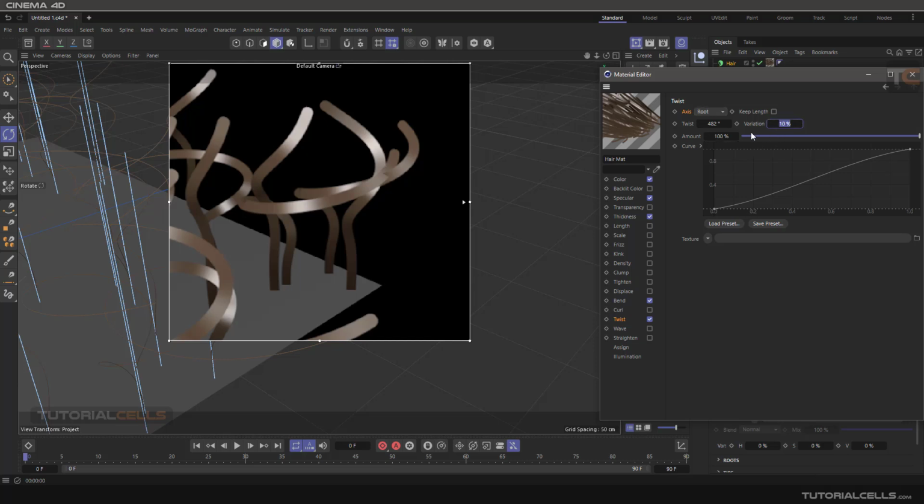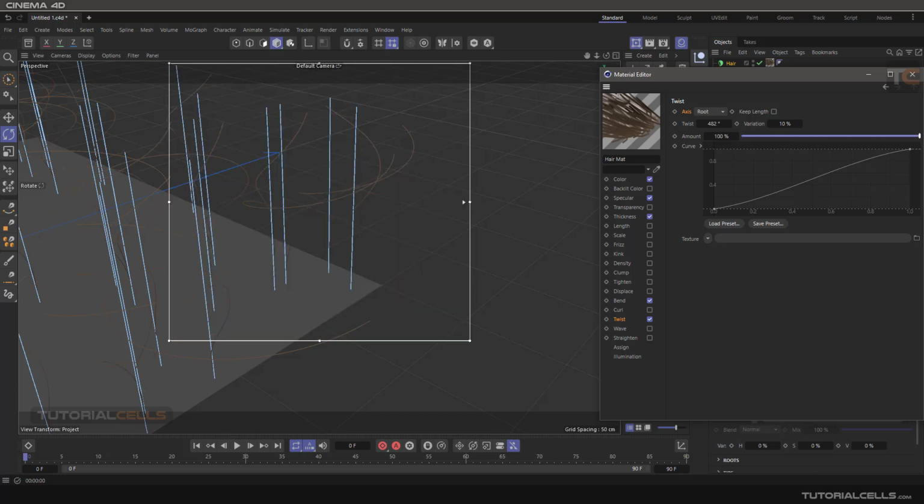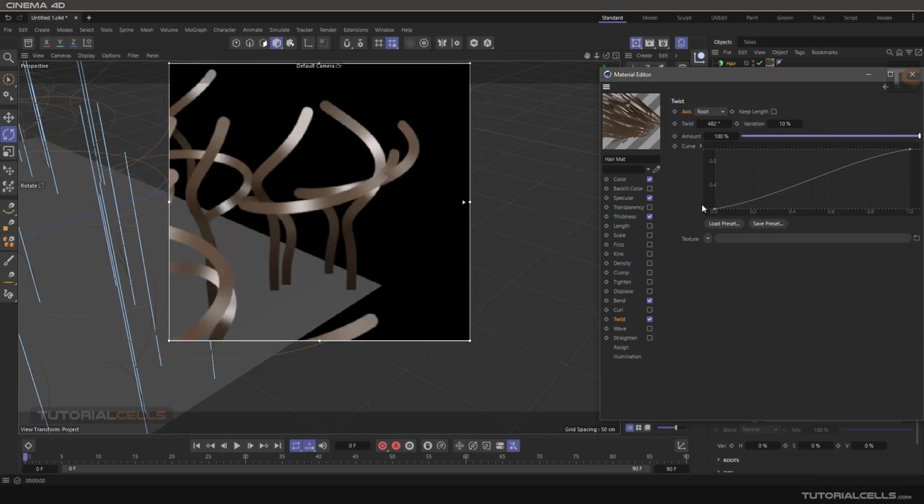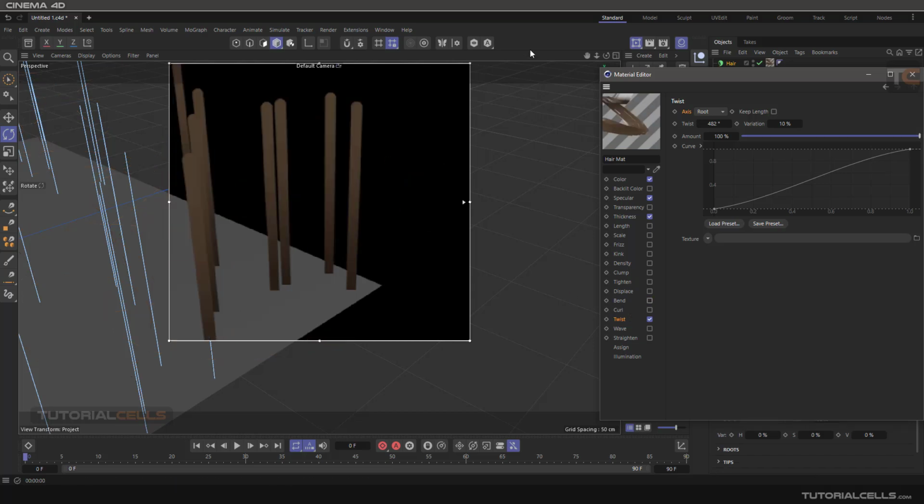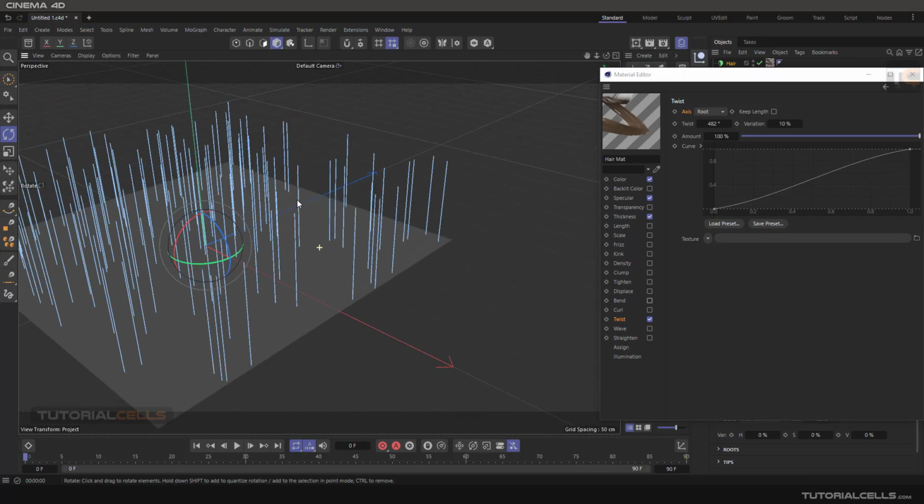Variation means if each hair is randomly twisting, you can use the variation if you want. The amount is how much power you want to use, and this is on the curve. It means in a root we have 0% of that, going to the tip. So the most important thing in a twist is you have to bend, or if you deactivate, you cannot see the twist, or you can come here with the tools,